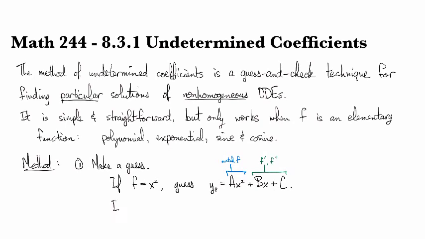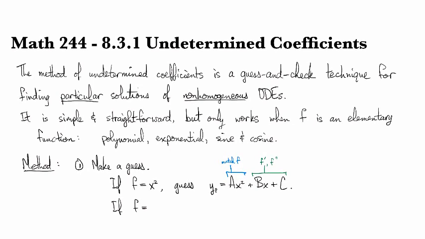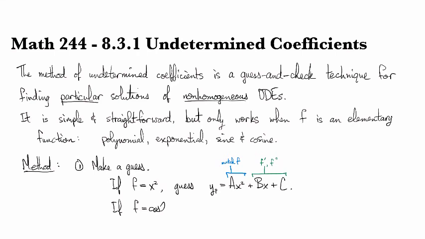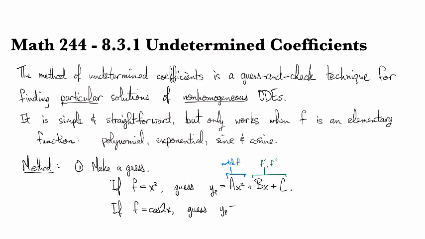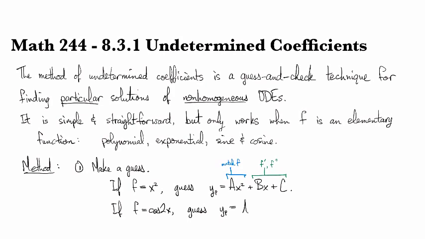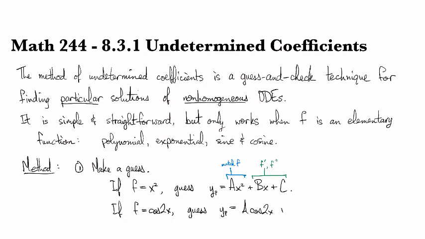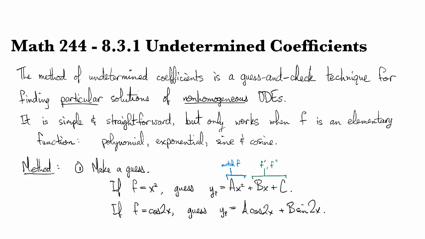If you had, instead of a polynomial, say a trigonometric function like cosine 2x, then you might guess that yp is of the form a cosine 2x plus b sine 2x. And so again, the first part is there just to match the forcing function that you're given, and then the second part is to help match its derivatives. And in this case, the second derivative will also be taken care of by this one again,